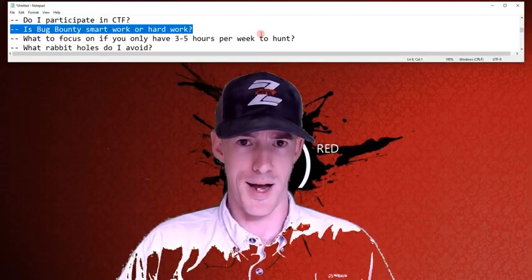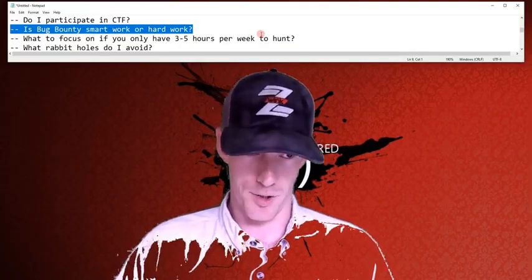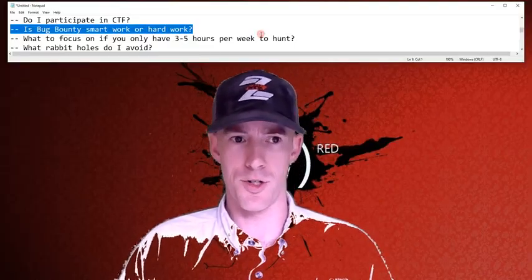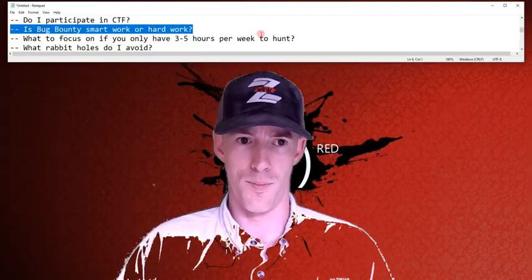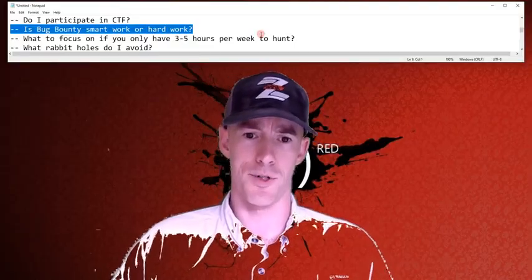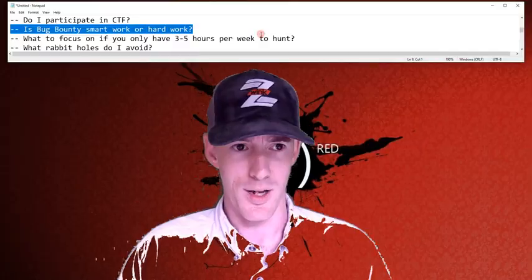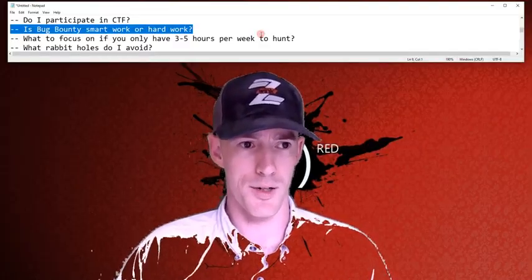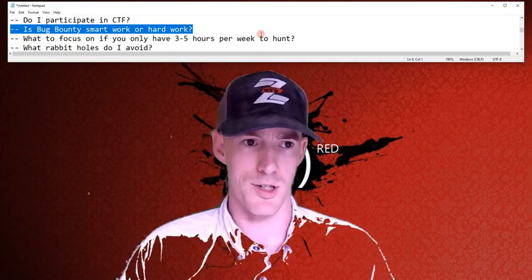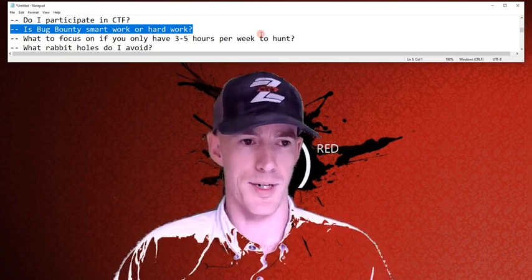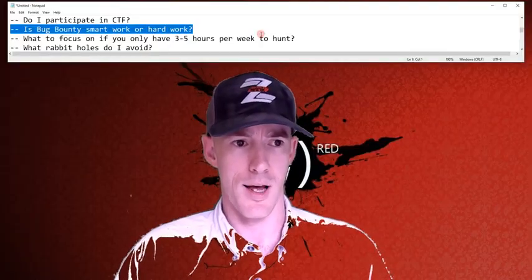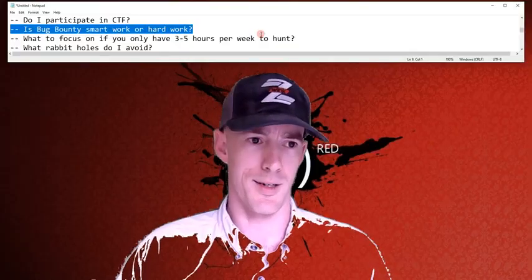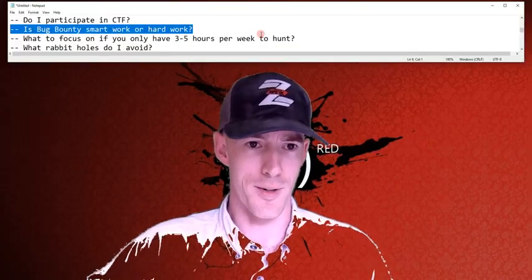I try to find the easiest bugs first, working smart. So I start with broken authentication and access control issues. IDORs. APIs and endpoints where they completely forgot to check for authentication. These sorts of things I always check for first, and I work my way down these easy bugs: easy cross-site scripting injections, cross-site request forgeries, because they're super easy to spot. I don't often go for the really deep, complex injections. I can leave that for other people.